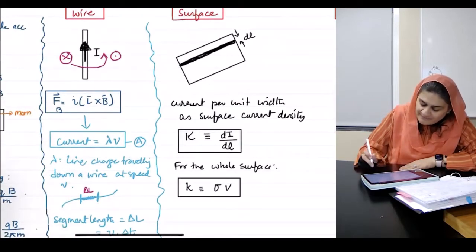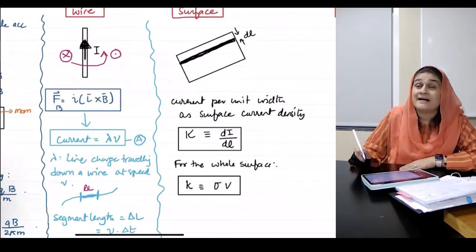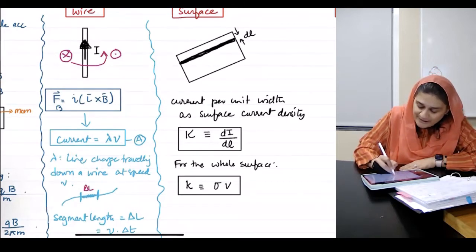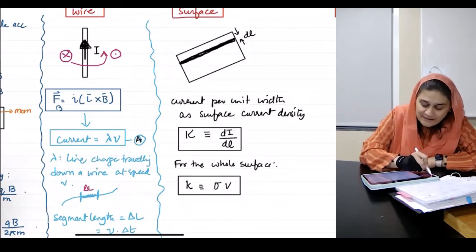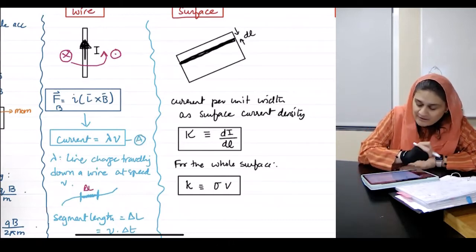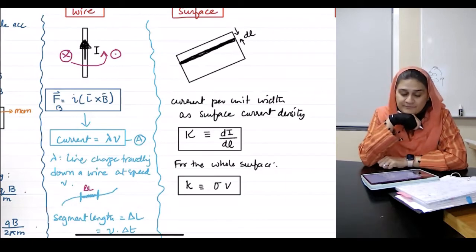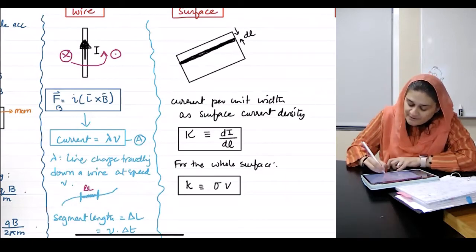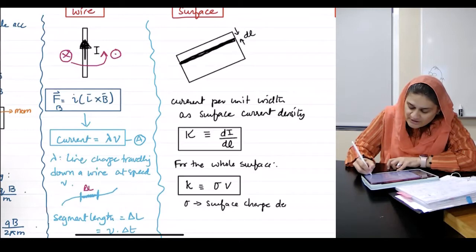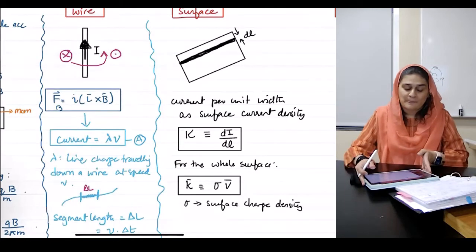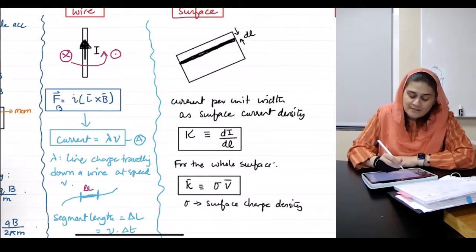Here we defined the current as lambda V in A. Here he's defining K as sigma V, where sigma, he calls it the surface charge density. And he says these are vectors. And going backwards now,